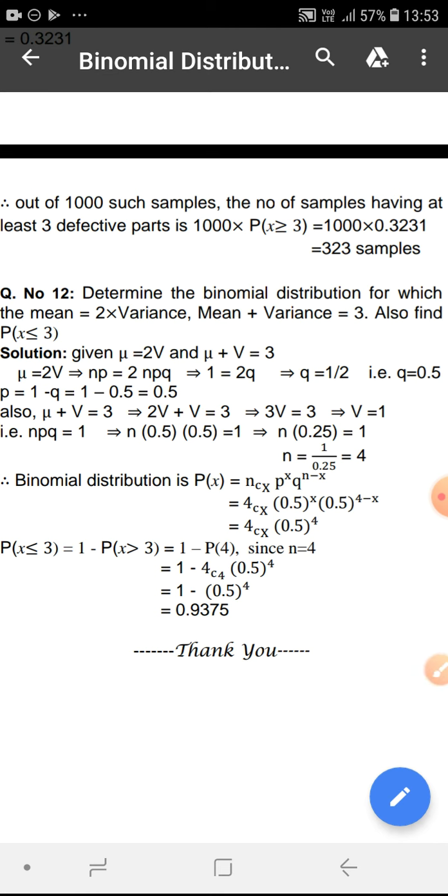Remember that all the probability values should be less than or equal to 1. It will never be greater than 1. It should be greater than or equal to 0. It is never less than 0, which means it is never negative. Probability value, p value calculated, always it should be greater than or equal to 0 and less than or equal to 1, between 0 and 1, including both 0 and 1.